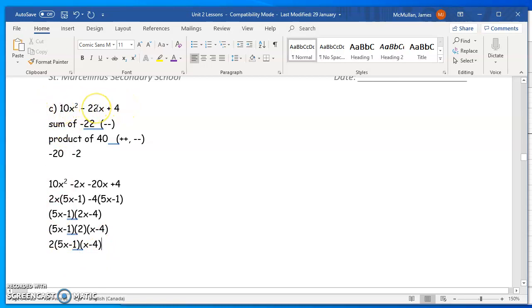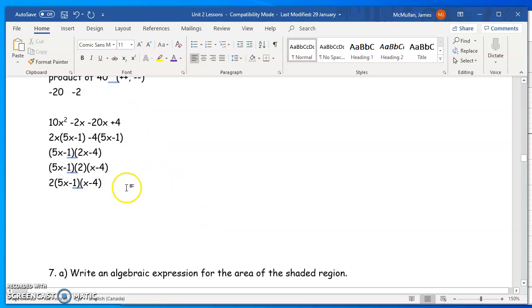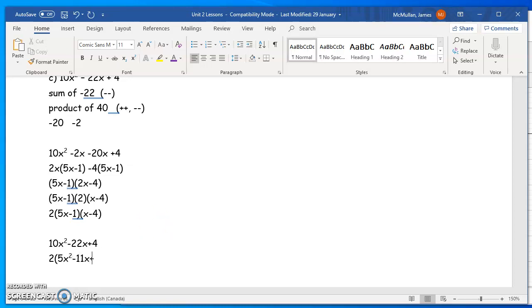I would have been looking for something that multiplied to 10 and added up to negative 11. It might have been easier for me to see that they were negative 10 and negative 1. So, again, if you see a greatest common factor, you should always do that first. Okay, let's quickly show you what this would look like. 10x squared minus 22x plus 4. We factor out a 2, we get 5x squared minus 11x plus 2,